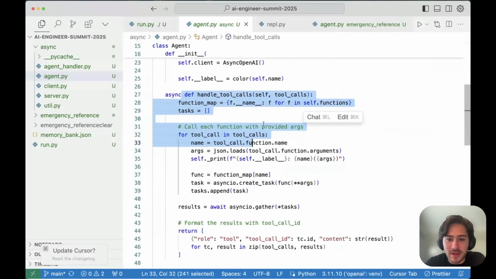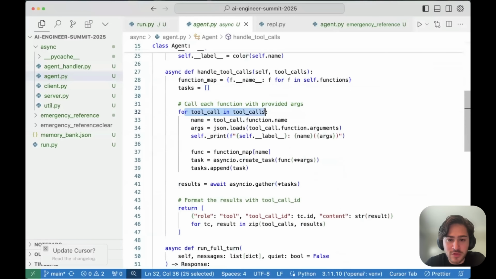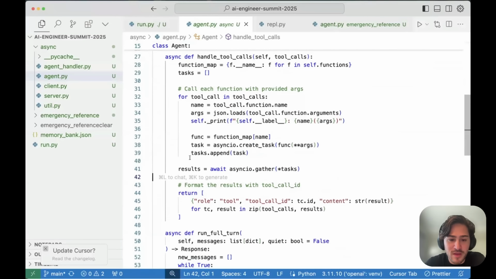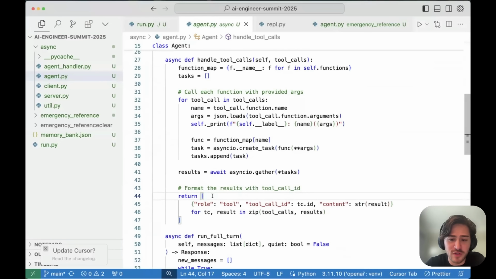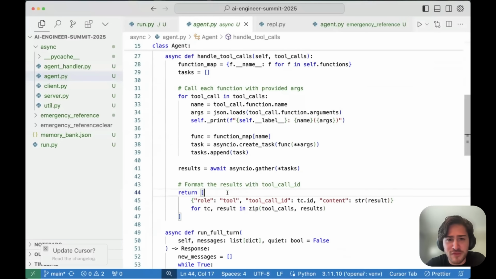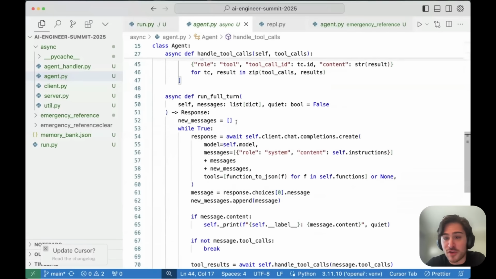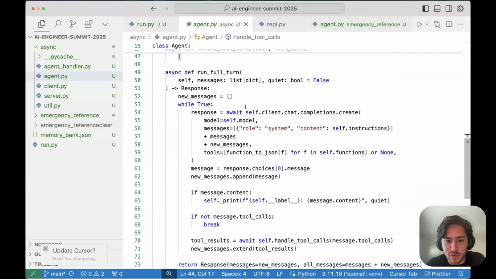Handling tool calls is happening in parallel. So for each tool call, grab it, create the task, and then just await for them all at the same time. And this just lets it create a bunch of tasks that are all going to run in parallel. And once they're done, if they yield back at any point, we can keep doing other stuff. By the way, if these are just heavy functions that are doing heavy processing, it's not going to matter. The fact that they're in parallel, like in sync, it means that it's still going to happen one after the other. But if they're network calls to other models, then it's perfect.